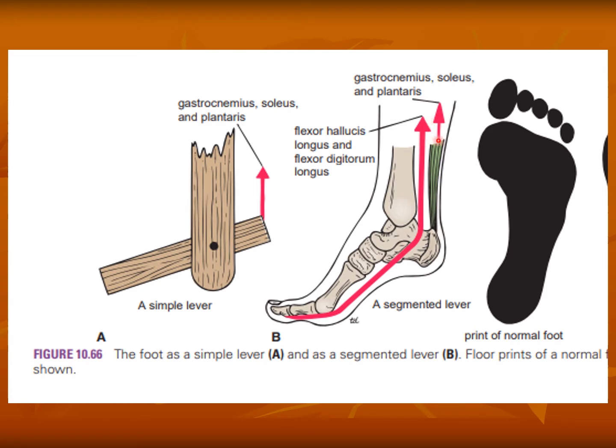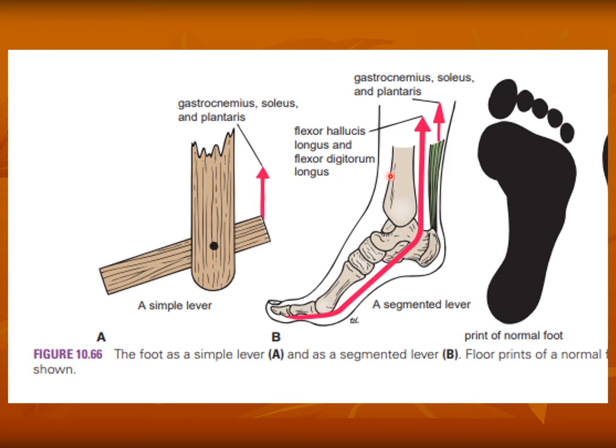For example, the superficial muscles are attached to the heel, as well as the deep muscles of the posterior compartment are passing through the sole of the foot and almost touching the distal part of the sole of the foot. So they also act as a lever. So the muscles can act as a simple lever, or a group of muscles can act as a segmented lever, that is a partial lever from the muscles of the superficial compartment and another complete lever action from the deep compartment. So the muscles are acting on the foot as a lever.